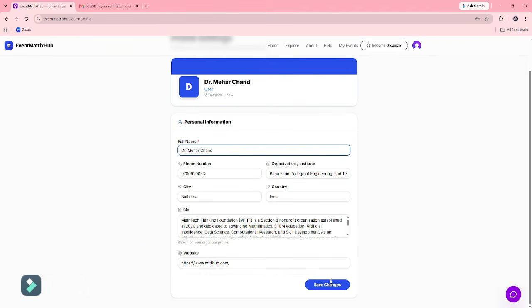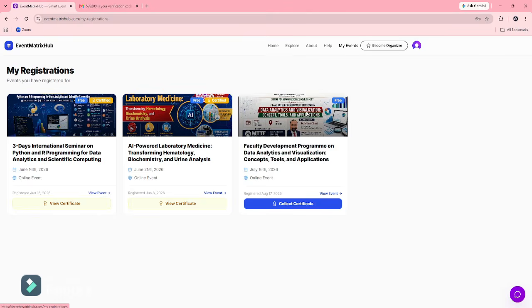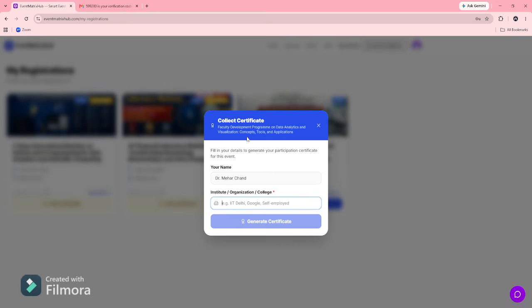Then you must download your certificate, and for that I am coming back to my events. Here is the event which I have registered for. You are required to click here on Collect Certificate, and when I click on it, this pop-up will open. This is the name I need on my certificate, and here you can see institute, organization, college